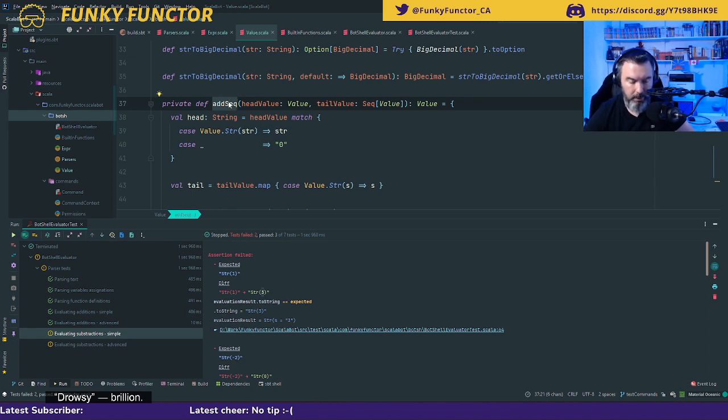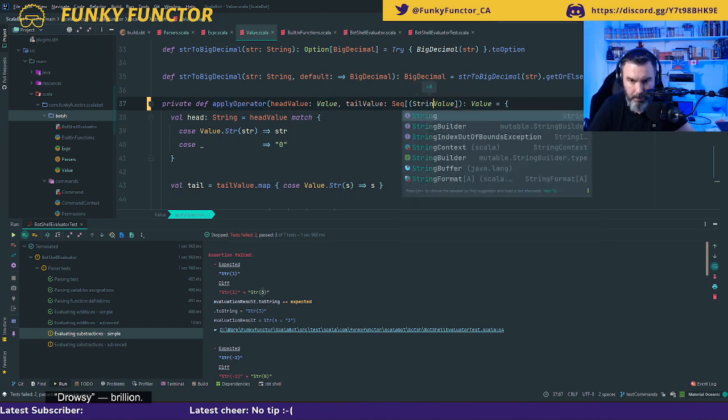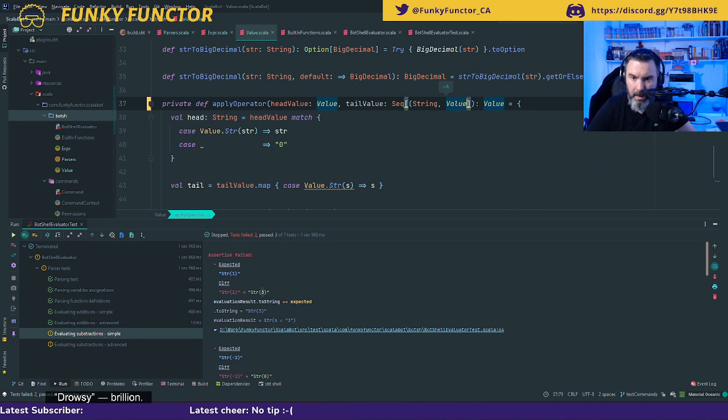I'm going to call it apply operator instead. Apply operator like this. And instead of taking a sequence of value, it's going to take a sequence of string and value. Good.